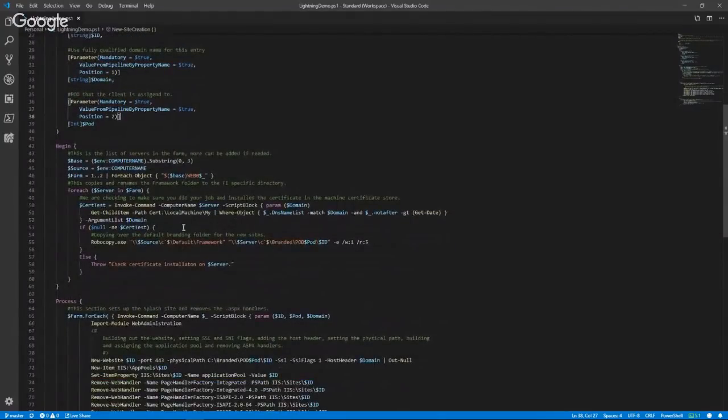In the beginning of this, we're getting our environmental variables. So, less typing in the script. So it's going to pull the first 3 letters of the machine that you're running it on, which you're assuming you're running it in the same namespace as your web servers. It's also going to